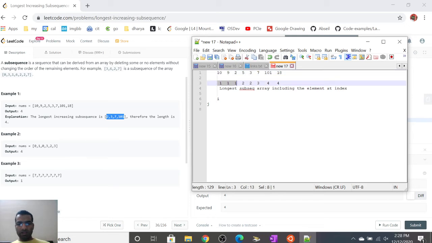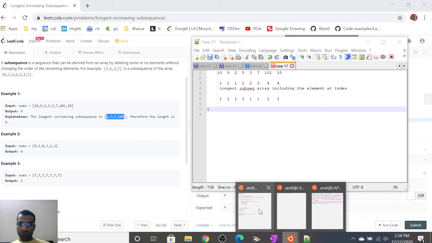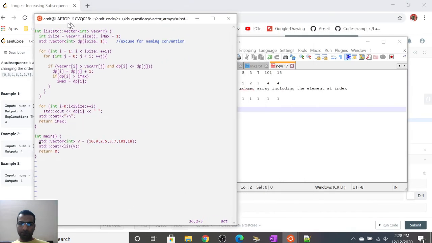So initially the final result will be this array, but let's start the array with all ones, which I have just shown earlier. Okay, so now I'll open the code by the side.